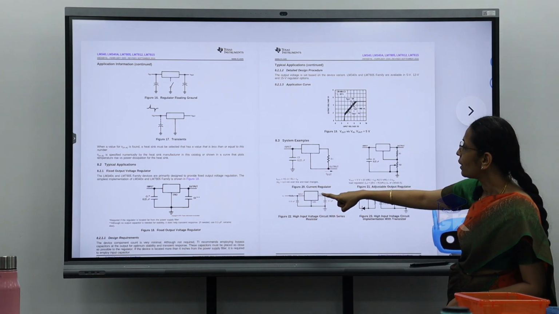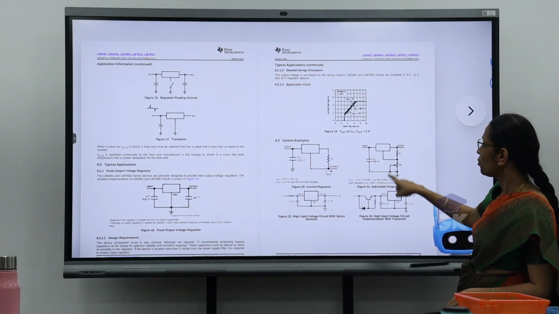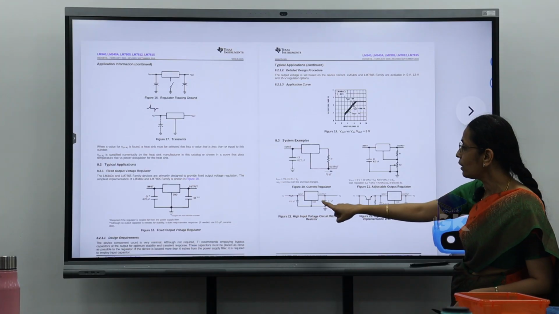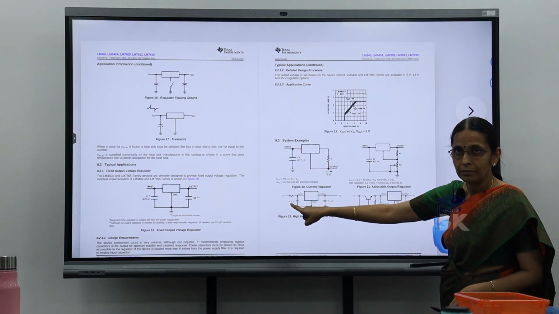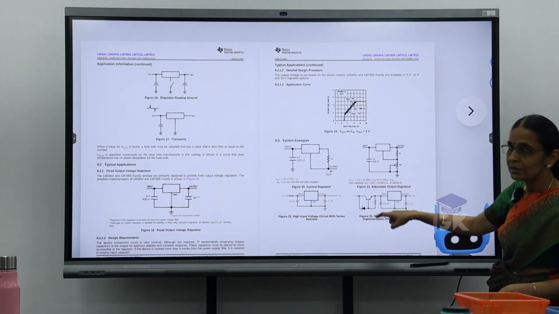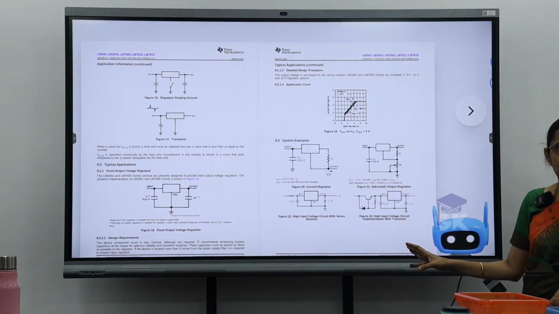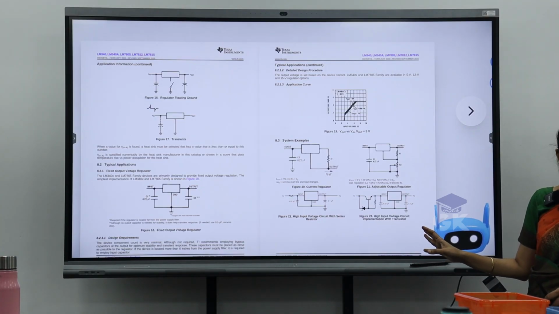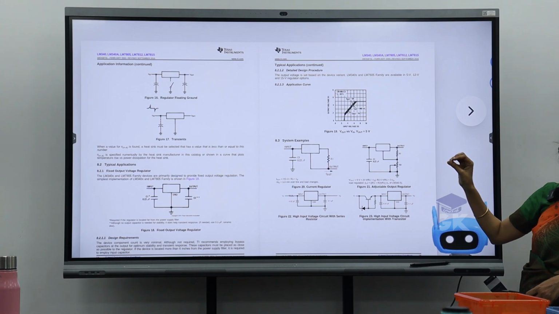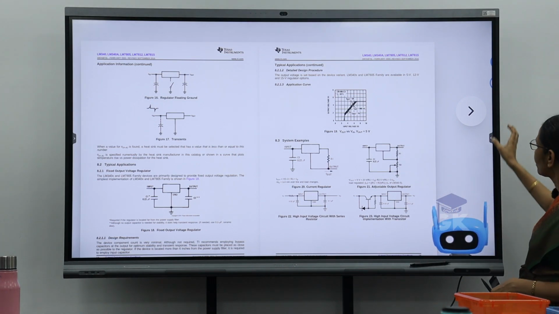Then some examples like a current regulator, an adjustable output regulator with the same thing. Then you have a high input voltage circuit with a series resistor here. Then a high input voltage circuit implemented with a transistor. So all those things, once they understand the 7805 IC and its working, you can try any of these applications. All the values, what should be the output, everything is given here. You can try the applications.